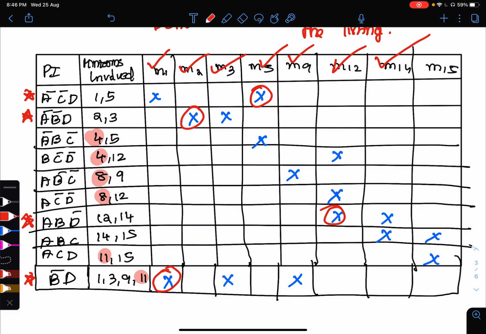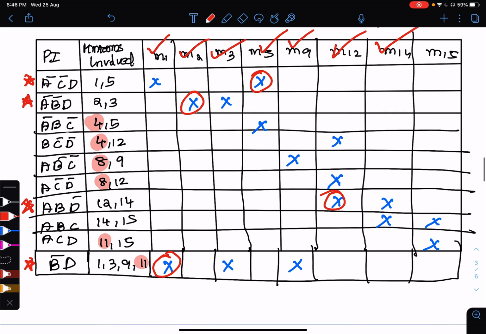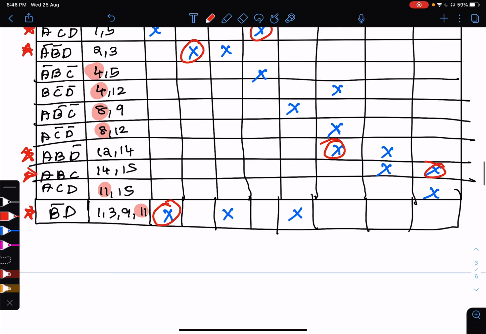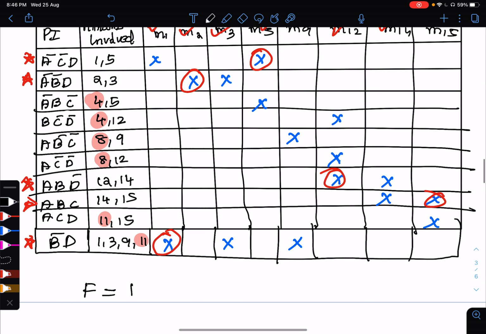Lastly, M15 is not at all covered. There are two possibilities for M15, this and this. If we select this, 14 and 15 will be covered. If we select this, 11 and 15 will be covered. The maximum number of minterms is for ABC, so select that as our essential prime implicant. Take all the essential prime implicants and remember that it is an SOP expression. So add it up: A dash C dash D plus A dash B dash D plus A B D dash